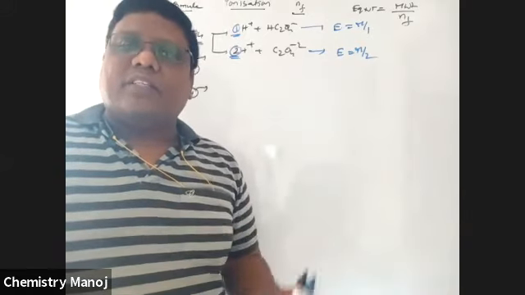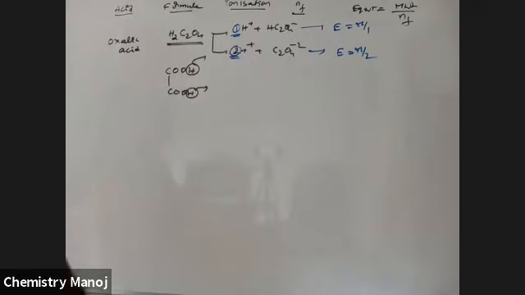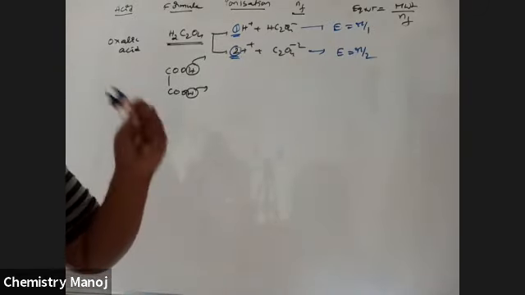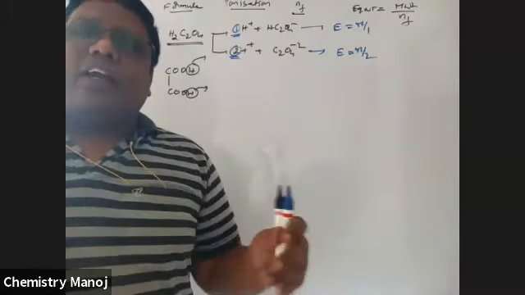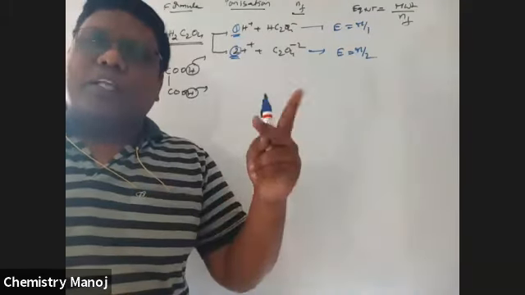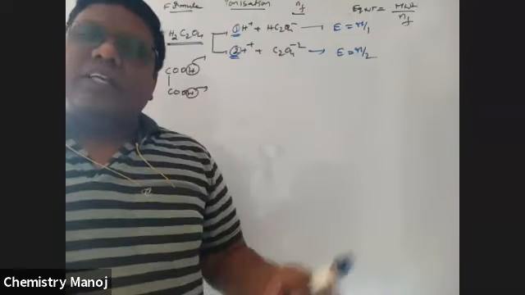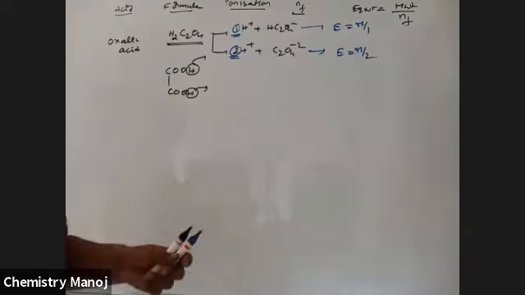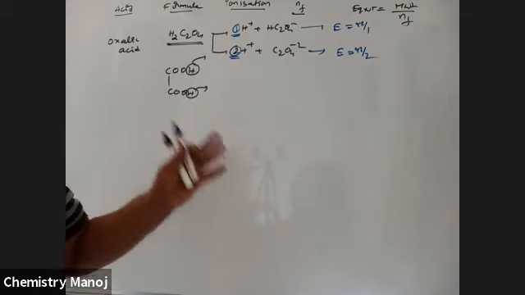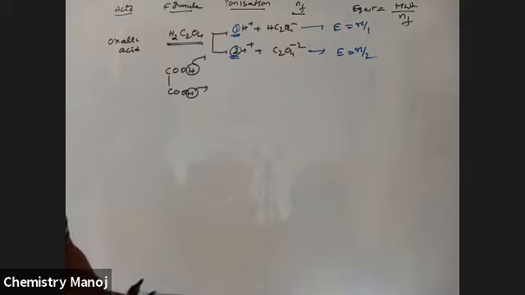Most of the examples are already here. In H3PO4, there exist 3 hydrogens, but n factor maximum is only 2, because that third hydrogen is directly linked with phosphorus. That is, the third hydrogen is not replaced by any other substances. There are only 2 replaceable hydrogens, therefore maximum is 2 only. In case of H3PO3, that is orthophosphorous acid, or simply called phosphorous acid, it is maximum 3. That is, all those 3 hydrogens are connected with 3 oxygens. So see those structures.